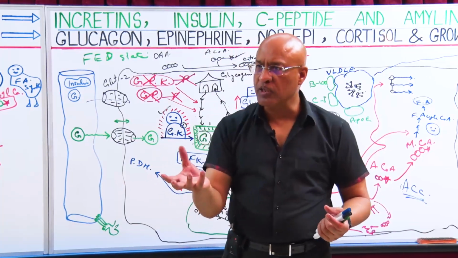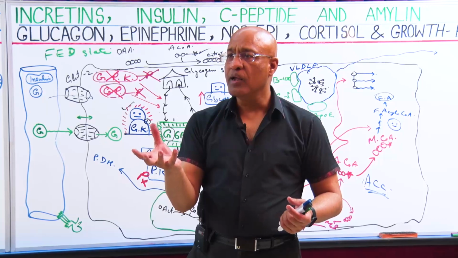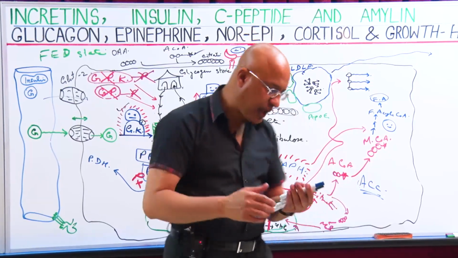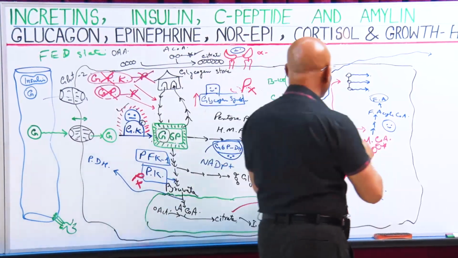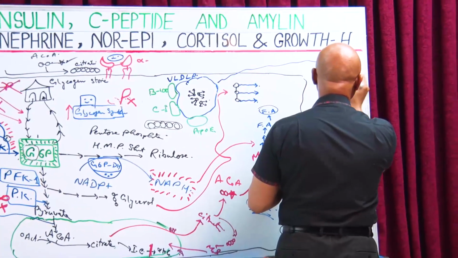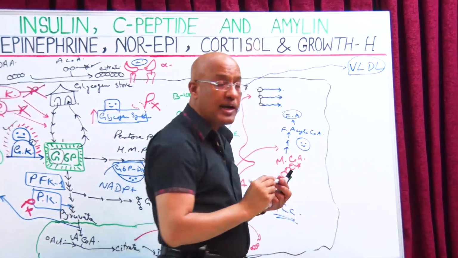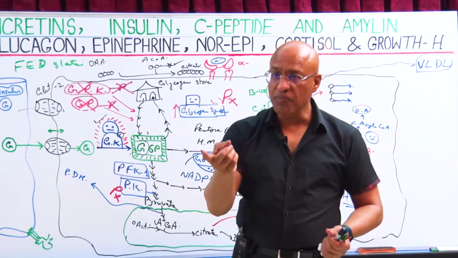Which kind of lipoprotein? Very loose and fluffy lipoprotein. We call it very low density lipoproteins. And in this way, in the blood, what will appear? VLDL. What is this? Very low density lipoprotein. From where are they coming? They are coming from the liver.